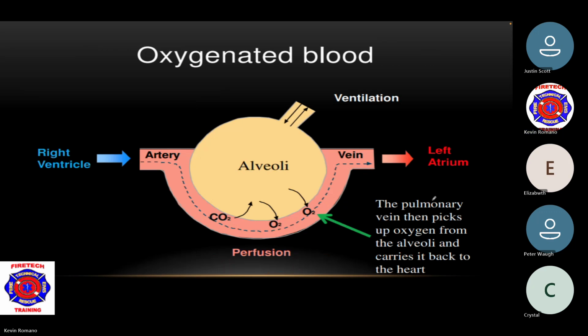Right. The pulmonary vein then picks up the oxygen from the alveoli and then carries it back to the heart. Remember, diffusion is a gas. Osmosis is a liquid, right? So we're looking at diffusion. It diffuses appropriately, greater to lesser concentration, pushes it out, exhalation. Inhalation brings back that oxygen again, and then we start that whole process over,